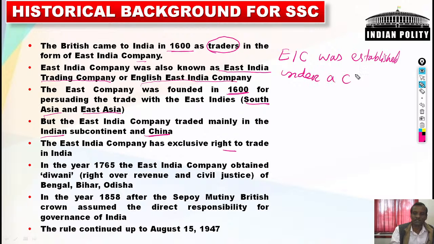East India Company was established under a charter. Kindly remember, it was established under a charter, not an act. Charter means order. So ब्रिटिश पार्लियामेंट, ब्रिटिश सरकार के चार्टर मतलब ऑर्डर पर ईस्ट इंडिया कंपनी तैयार हुआ था और सेटअप हुआ था। And East India Company continued as a trading company till 1765. उस टाइम में भारत में कोई ऐसा पावरफुल मोनार्ची नहीं था, पावरफुल किंग नहीं था,